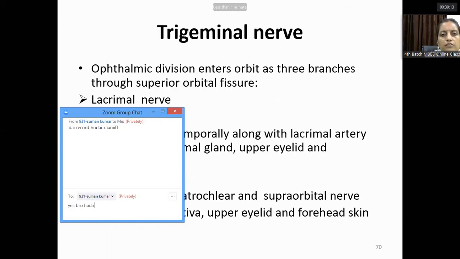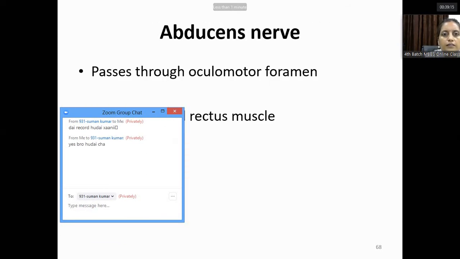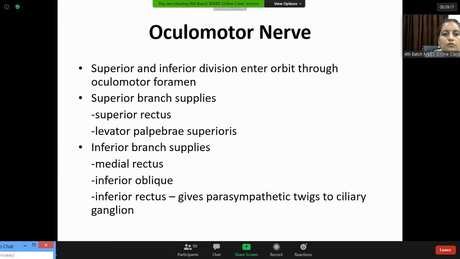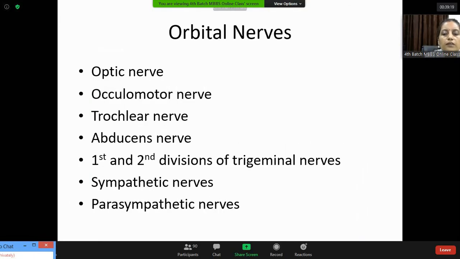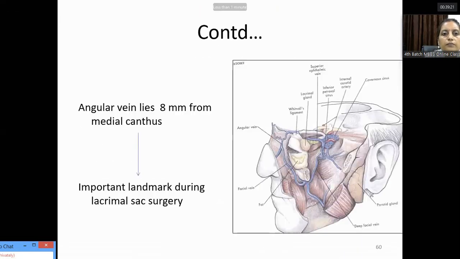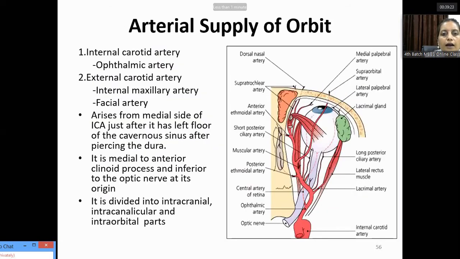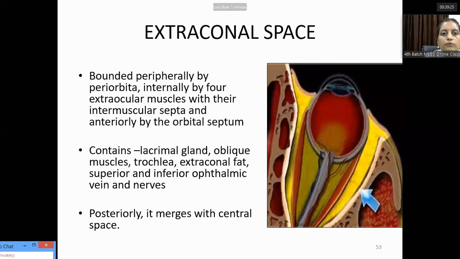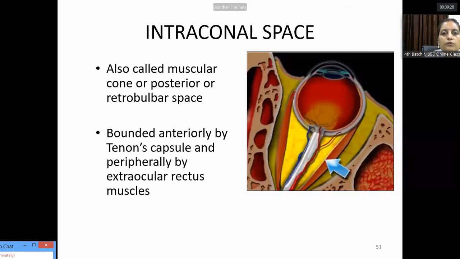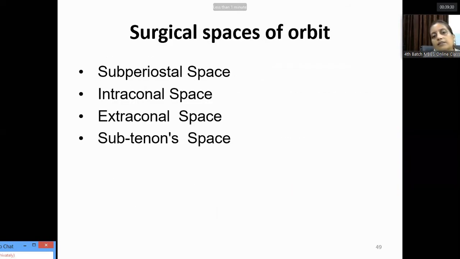The nerve I will not discuss because it will be discussed in the neuro-ophthalmology section. Now a number of chapters are covered in the eye, so it will be difficult for you later on if you read them all at once, so start reading. In the next class, I have to discuss dacryocystitis and what